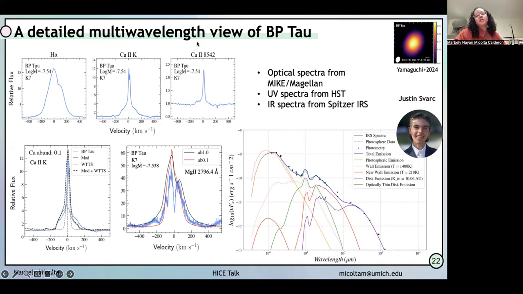Yes, degeneracy in the fitting. Yes, we always find some degeneracy with the composition, but we can very robustly say that we cannot fit the 10 and 20 micron features unless we have a gap. The gap is like there is no